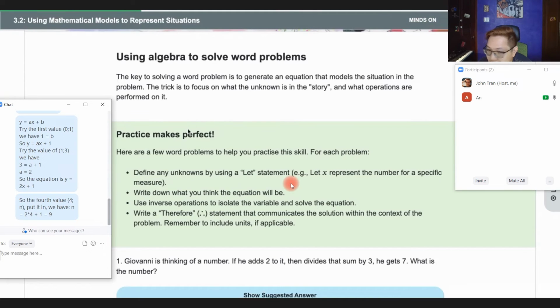Practice makes perfect. Exactly. Here are a few word problems to let you practice the skill. For each problem, define any unknown by using a let statement, e.g., let x represent the number of, or a specific measure. Write down what you think the equation will be. Use inverse operations to isolate the variable and solve the equation. Write a therefore statement that communicates the solution within the context of the problem. Remember to include units if